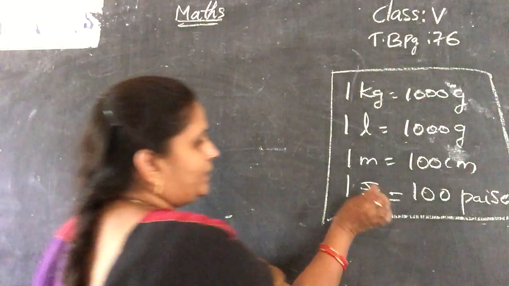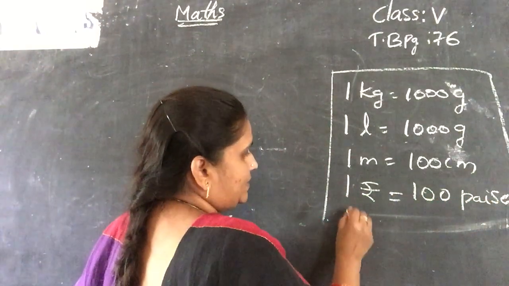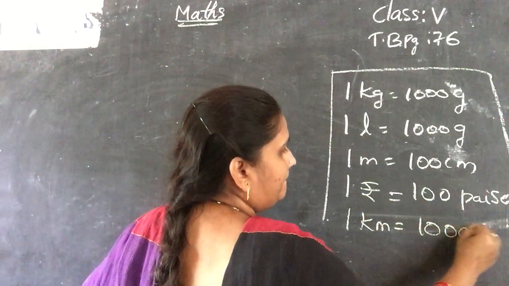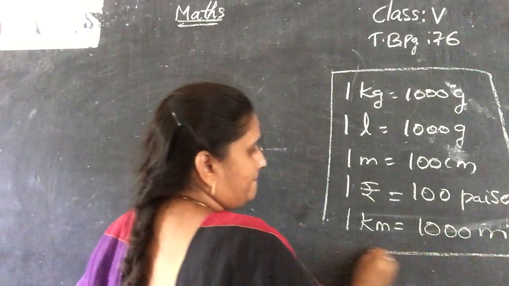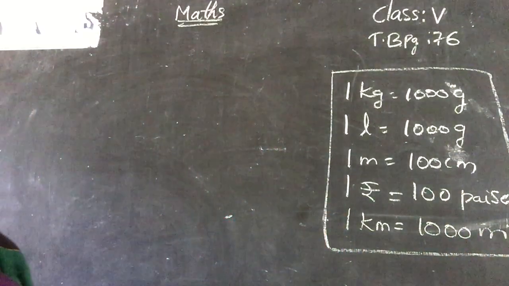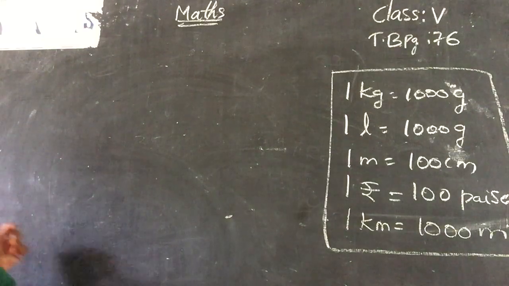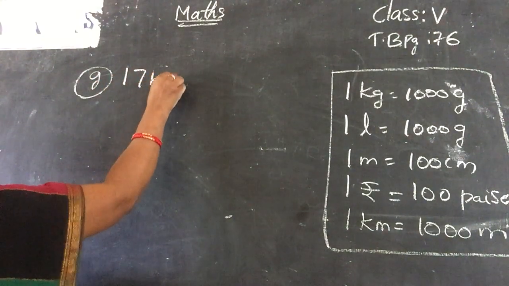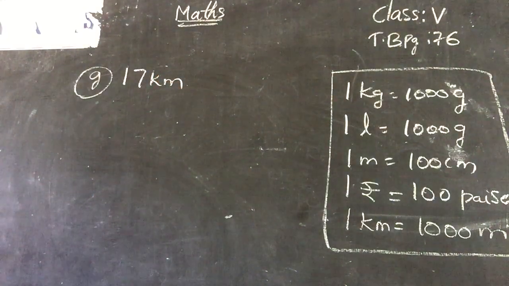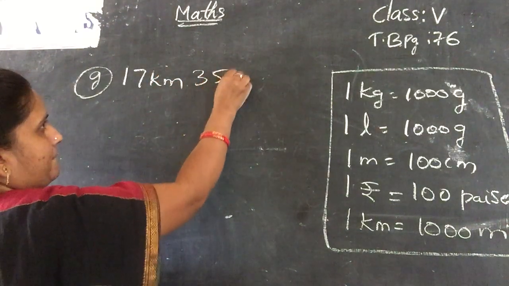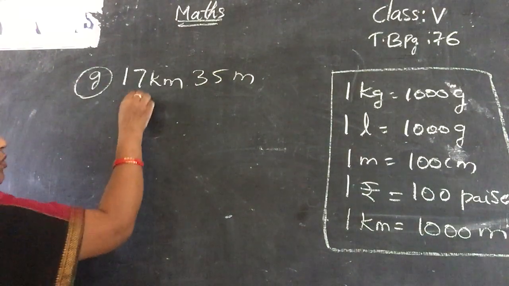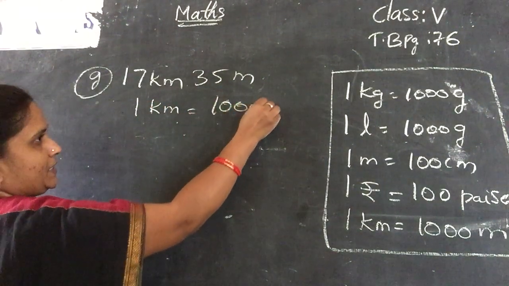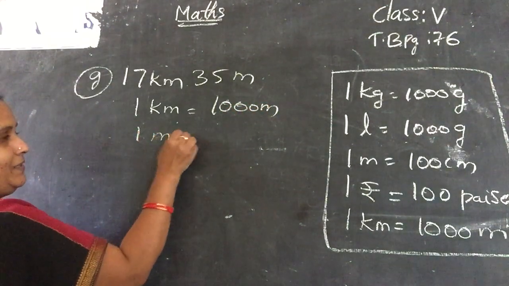Here one more thing you have to write, children. Kilometers. 1 kilometer is equal to 1000 meters. Okay, so now G: 17 kilometers 375 meters. Same, 1 kilometer is equal to 1000 meters. 1 meter is equal to